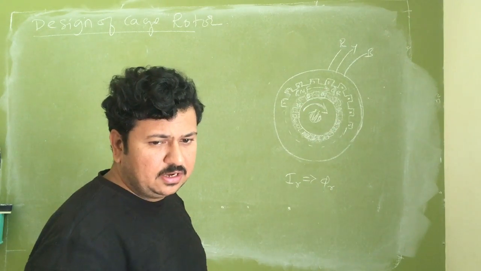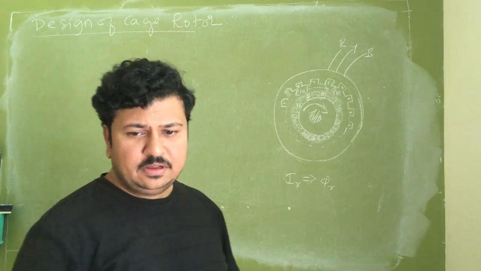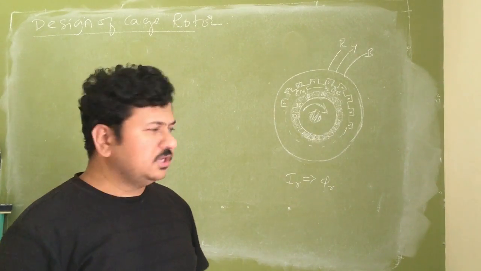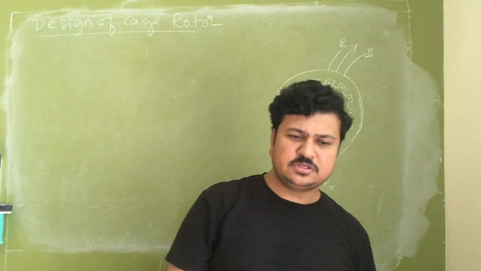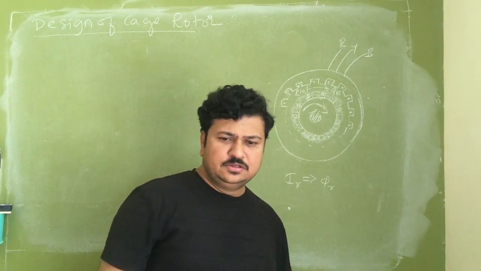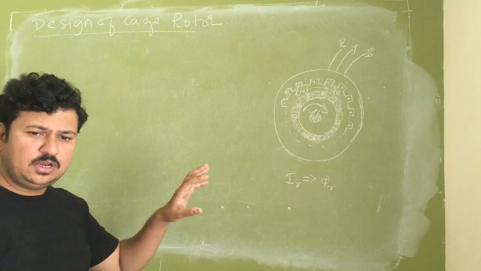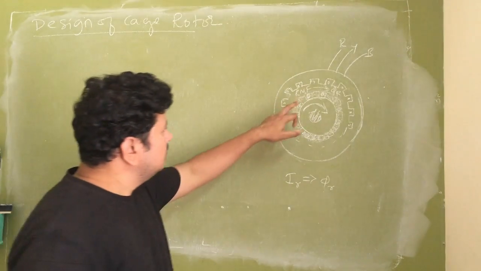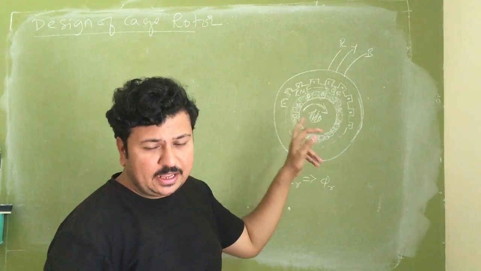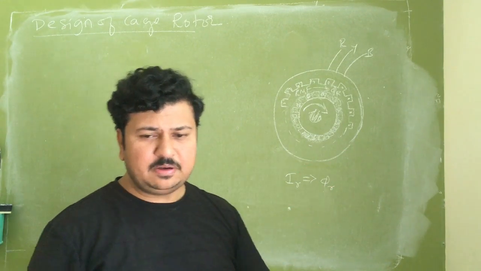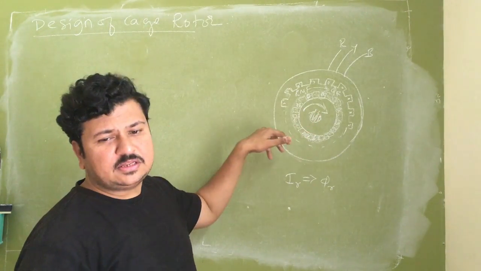In the previous numerical, we calculated the slip ring voltage in the slip ring induction motor, and specifically that was mentioned at open circuit, because once it is short circuited I don't get voltage, it becomes 0, I get only the current. So the voltage induced in the rotor is maximum only at standstill, because Ns minus 0 is Ns. Now as the rotor starts rotating in the direction of the RMF, the relative speed between the RMF and the rotor starts getting reduced. Ns minus N will be less than Ns.